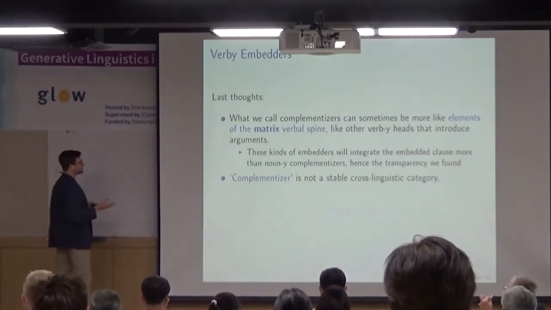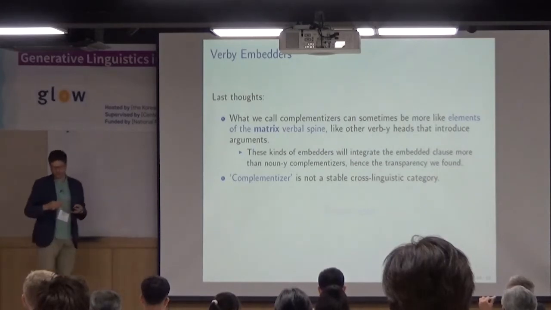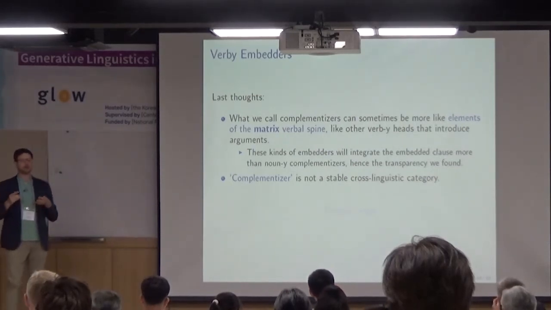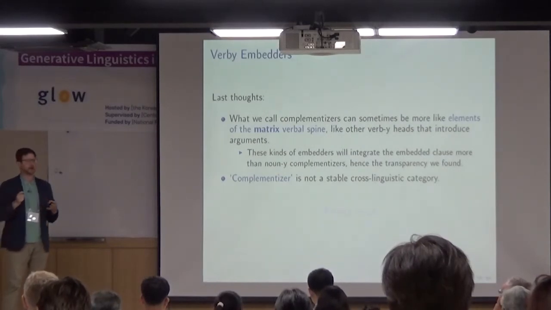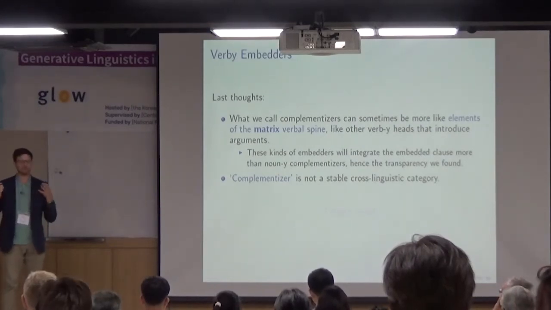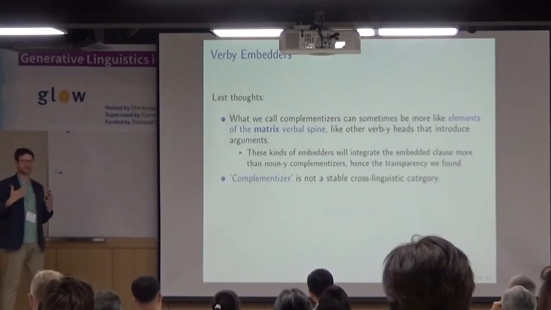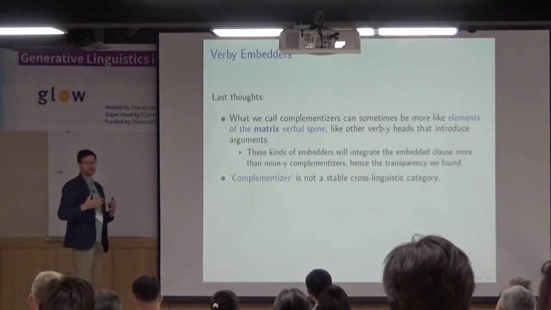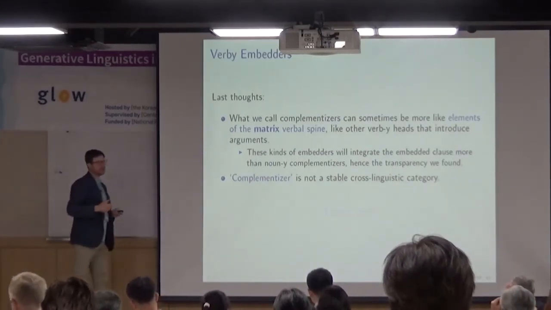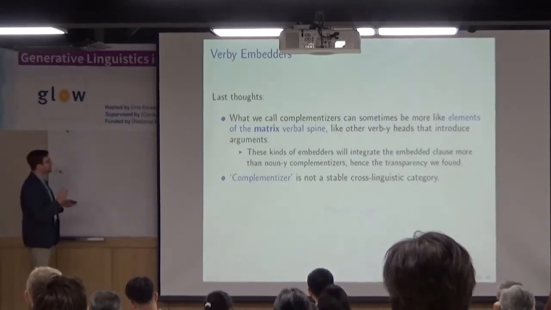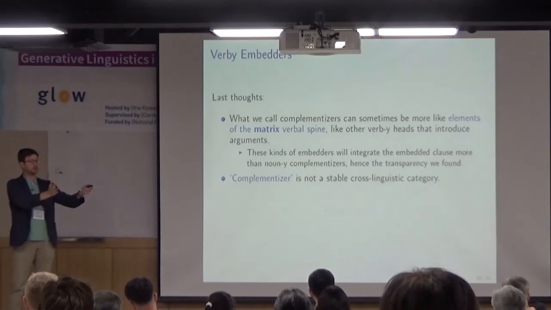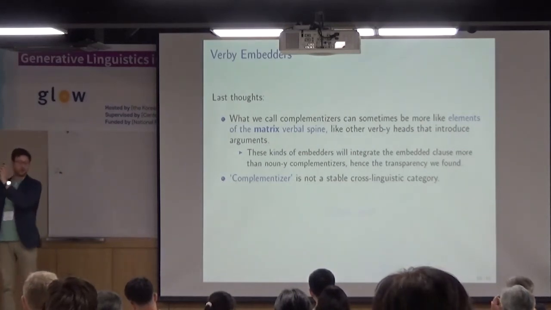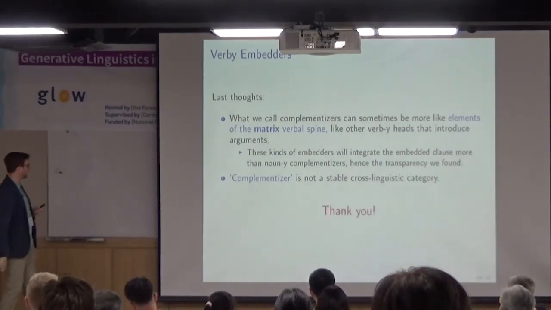And I think what this suggests is complementizer is just maybe becoming a little bit of a difficult word to be using as much anymore. I would like to use the word maybe clause embedder, because we're often tied to thinking complementizers come with a cluster of properties, which in a way they don't. And here's one proposal, that clause embedders can either be verby or more predicate-y. And thank you.